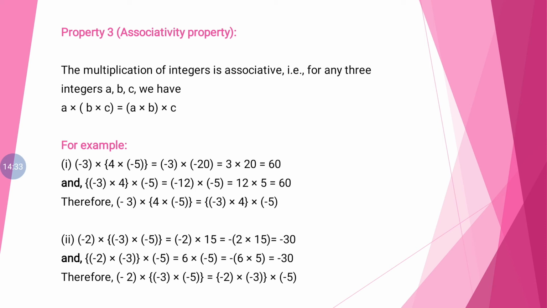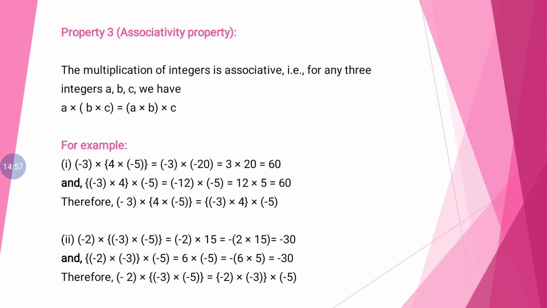It is applicable for the properties of multiplication rules. Minus 3 into minus 5. First we complete the bracket. The product of same sign is positive. 3 fives are 15. The product of two different signs is negative. We get the value minus 15. Two 15s are 30. We get the value minus 30.